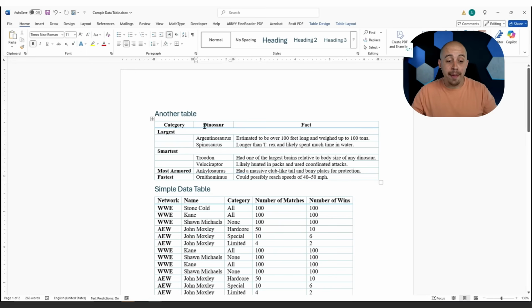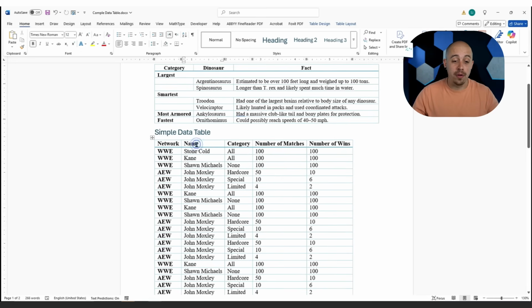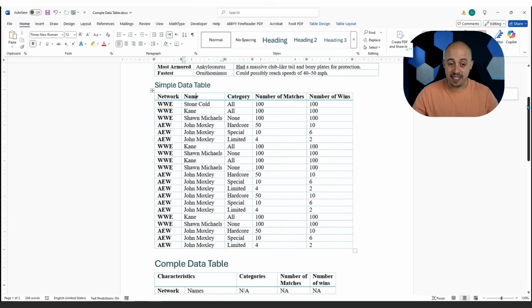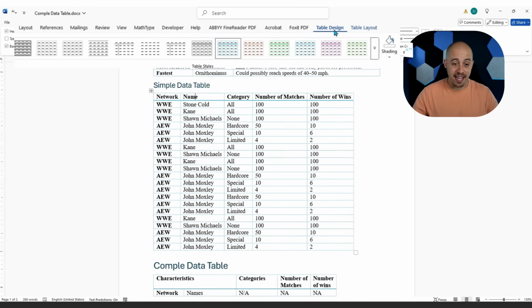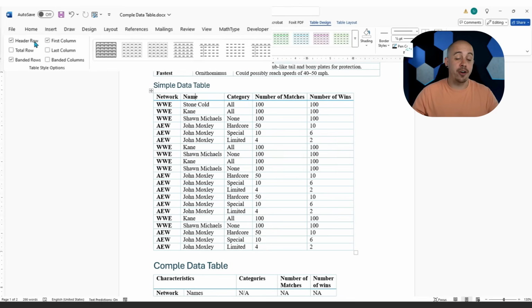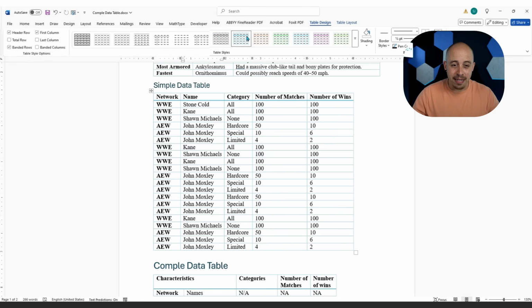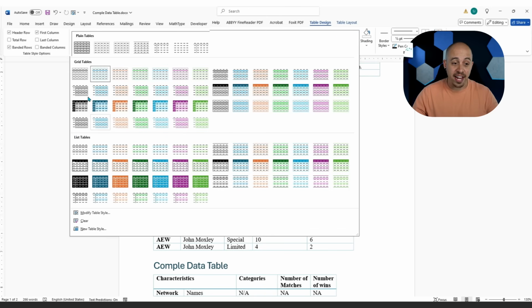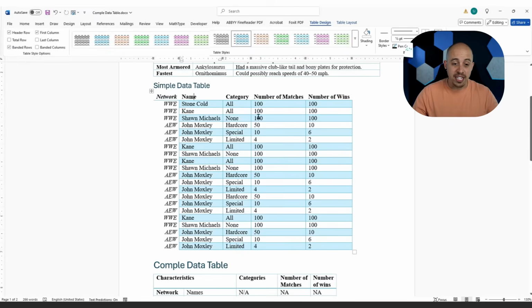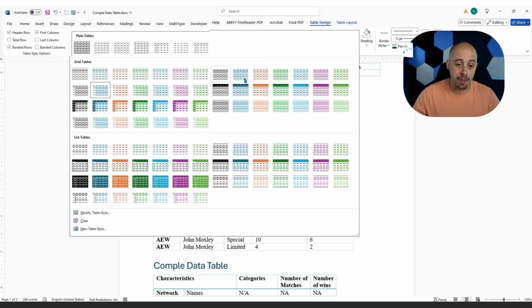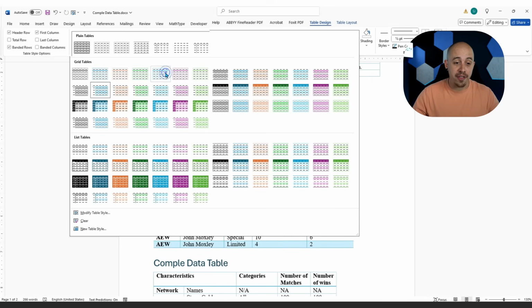To do that, I'm going to first go into my simple data table, as this is the easiest to explain. Then we're gonna choose table design, and our options are currently set to header row and first column. I also have banded rows selected, but it doesn't really mean much because I have just a simple table style applied, which I also recommend doing. You can choose any of the default styles that are built into Word, but make sure that they are passing